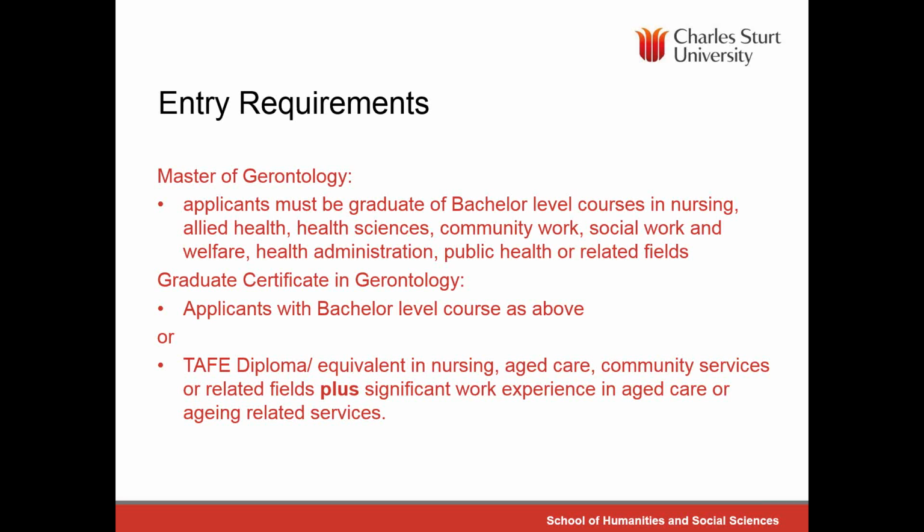For the graduate certificate in gerontology, applicants with bachelor level courses as above are, of course, eligible for the grad cert. However, we have additional eligibility at this level for people who have a TAFE diploma or equivalent, particularly in nursing, aged care, community services or related fields, plus also having significant work experience in aged care or ageing-related services. So for the grad cert in gerontology, it's not entirely necessary to have a bachelor level degree before you can